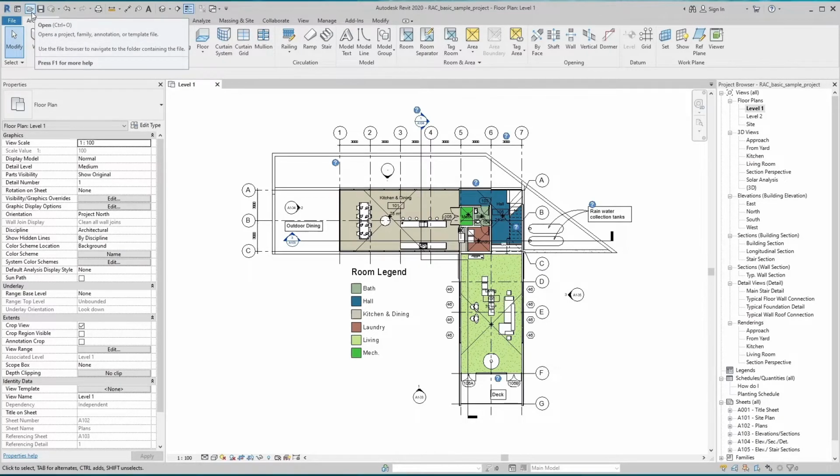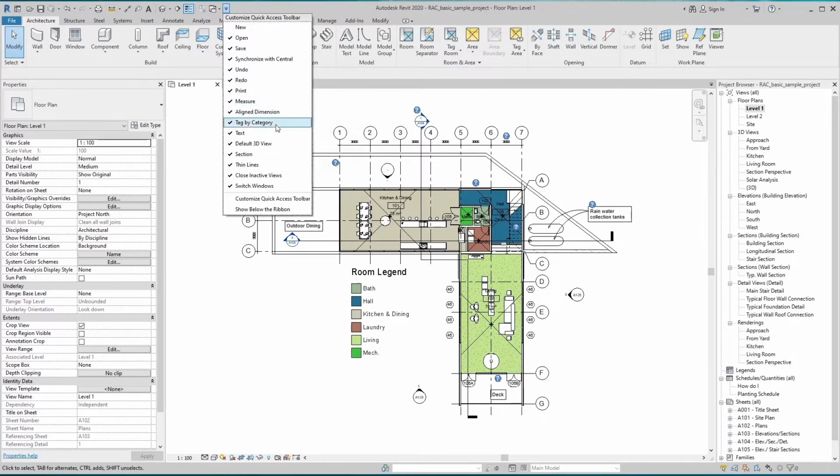The commonly used commands in the Quick Access Toolbar are new, open, save, undo, redo, and plot, etc. The drop-down button at the end of the Quick Access Toolbar shows us the details of these tools.